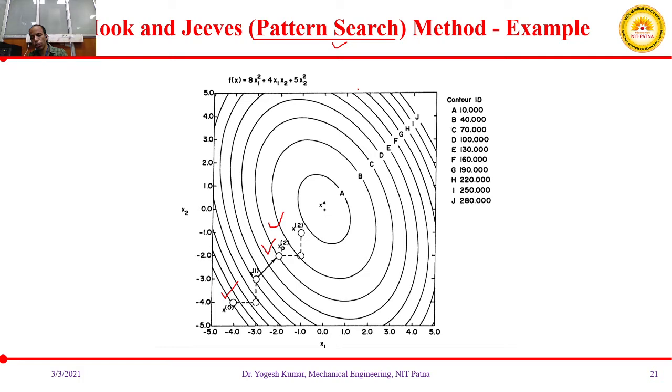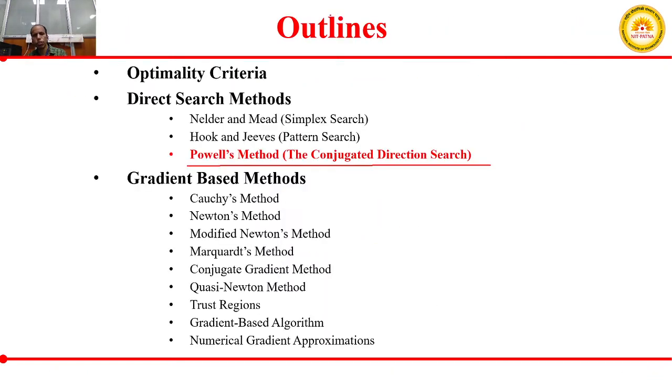Today we will discuss Powell's method, which is an extended version of your pattern search method, or you can say it is a new method, but certain steps are in common with your pattern